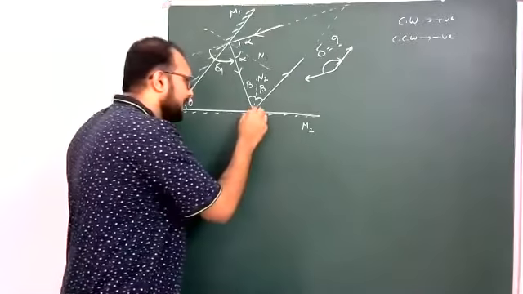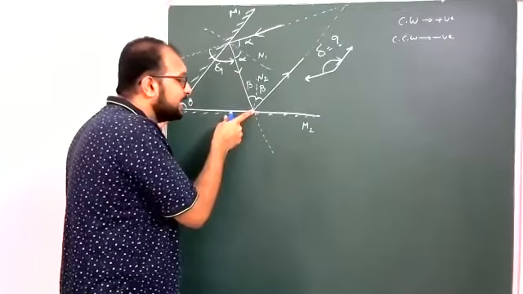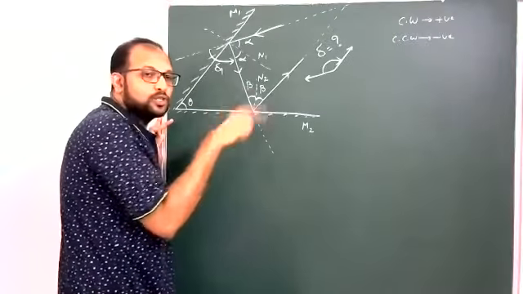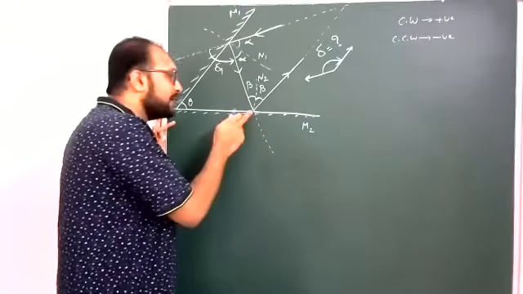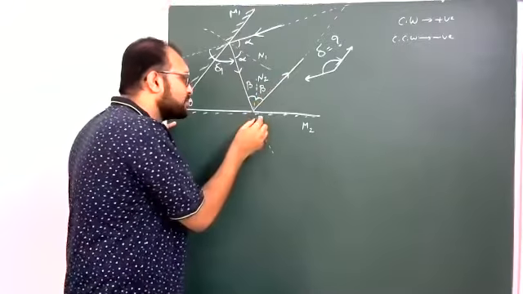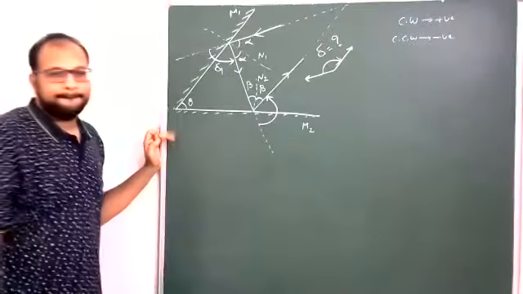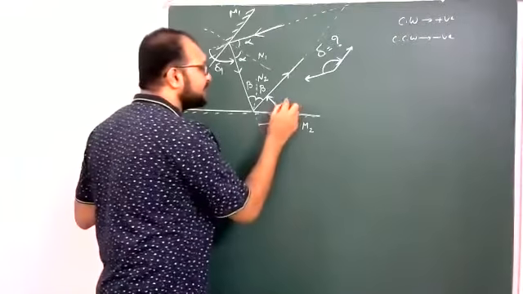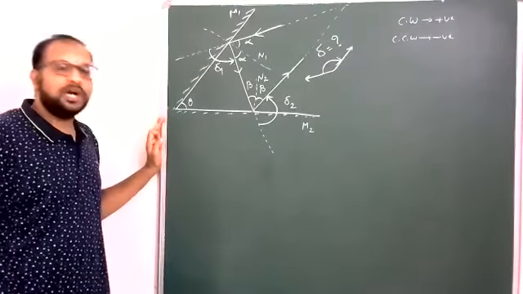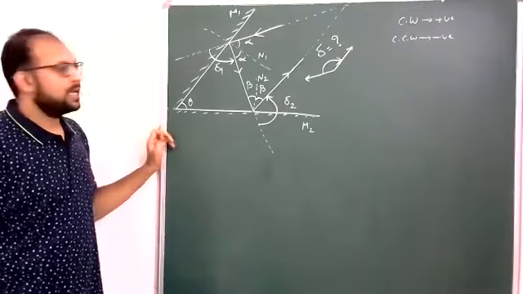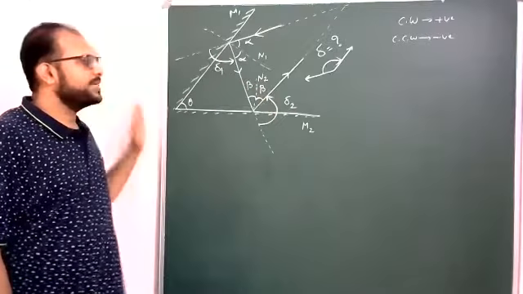Now here, this is the second reflection. Suppose there is no second reflection, it would be the original light ray. But because of reflection, now it is this light ray. That's why here one more deviation, which I am assuming delta 2. This is also in the counterclockwise direction. So delta 1 is counterclockwise, delta 2 is also counterclockwise.